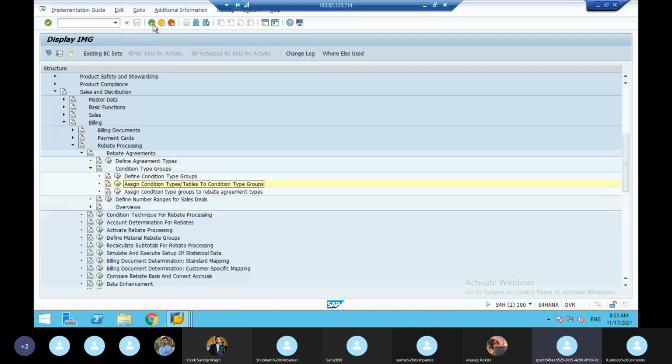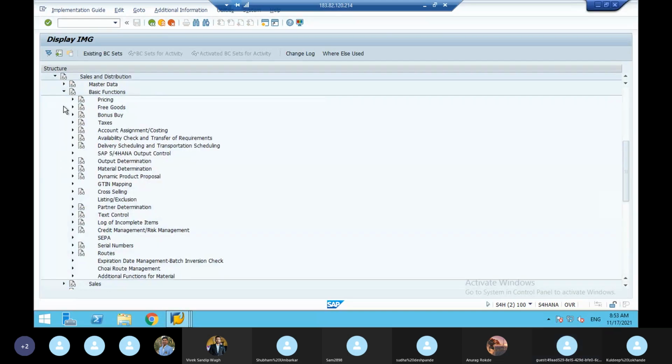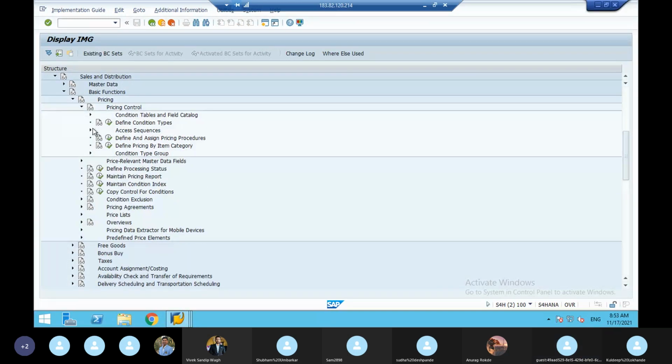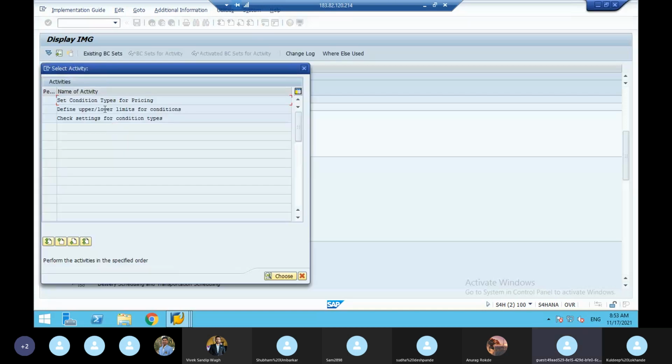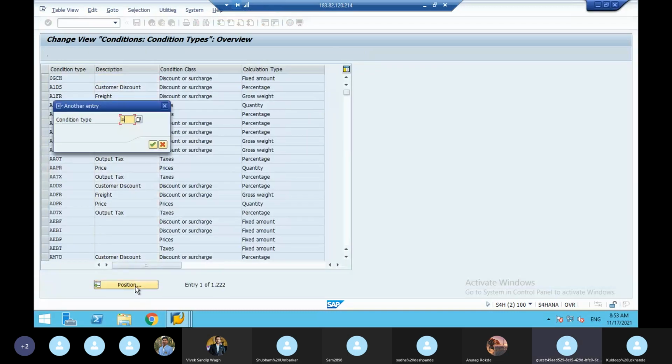Okay, once you do this, then go to your pricing procedure. So what is your pricing procedure? My pricing procedure is GOA. So here my condition types. Just now you have seen B002 and B003. So I have taken it as a customer rebate.